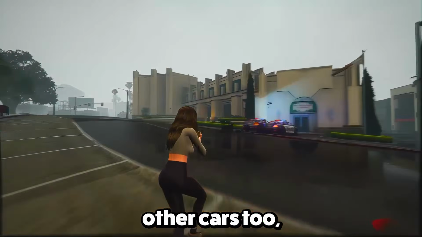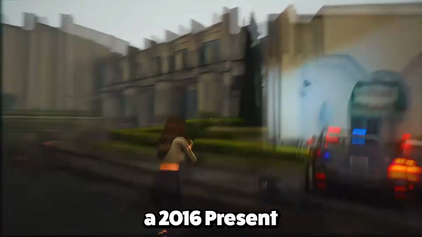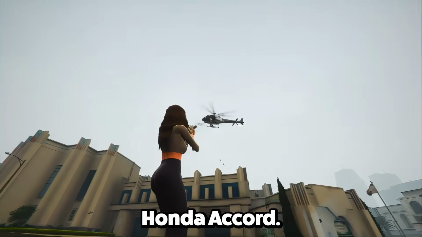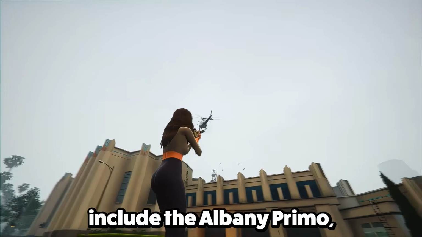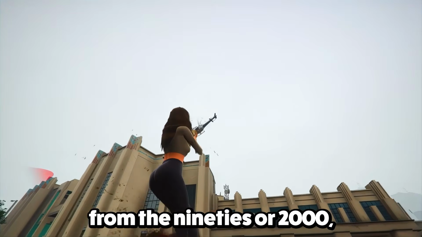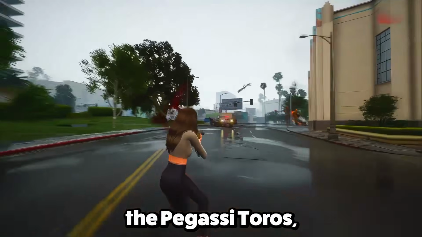There are a bunch of other cars too, without official names, like a 90s Chevy Caprice, a 2016 to present Chevy Malibu, a Chevy Sonic, and a 2018 to 2022 Honda Accord. Rockstar usually gives these cars funny names. Other rides include the Albany Primo, Benefactor Shafter LWB, something that's like a mix of Ford Explorer and Tahoe from the 90s or 2000s, a 2018 to present Toyota RAV4, with Lexus NX vibes and a Mercedes grille, the Pegassi Tauros,